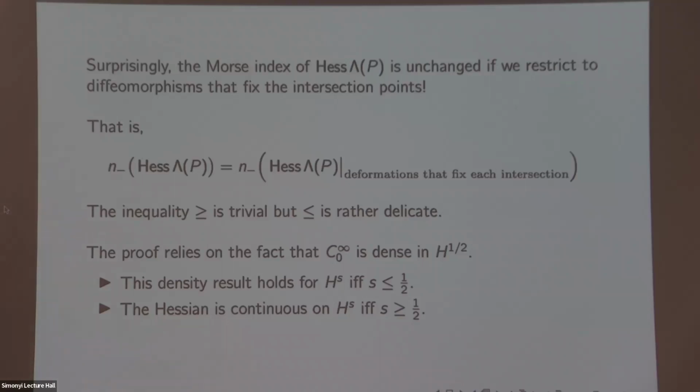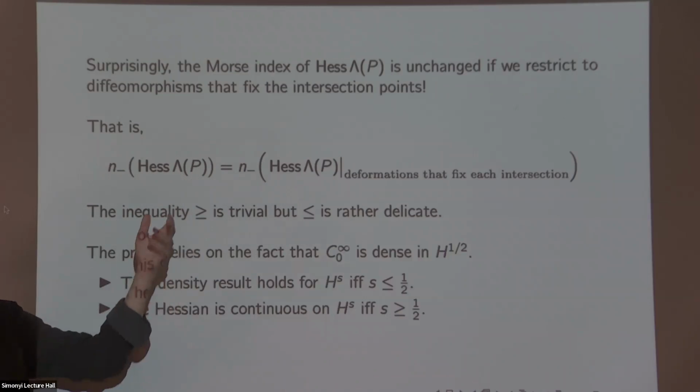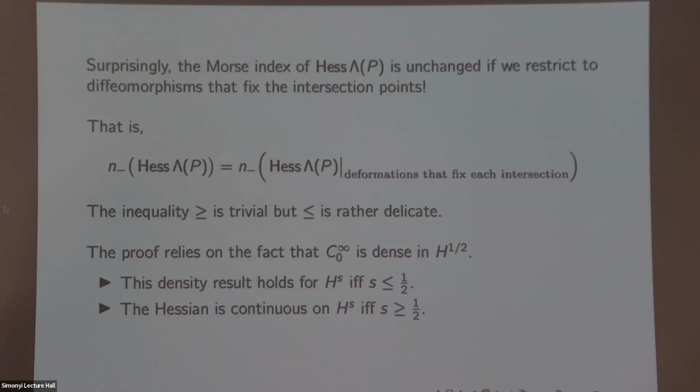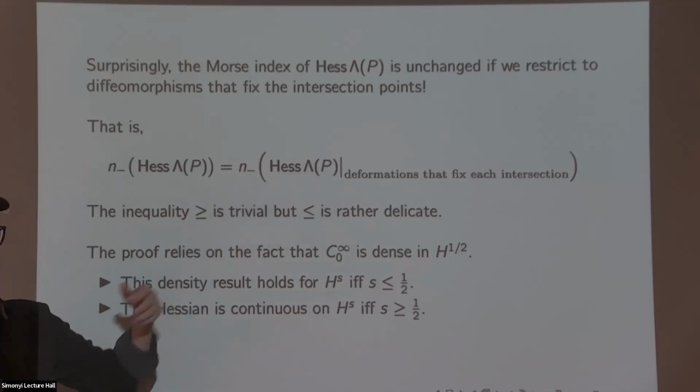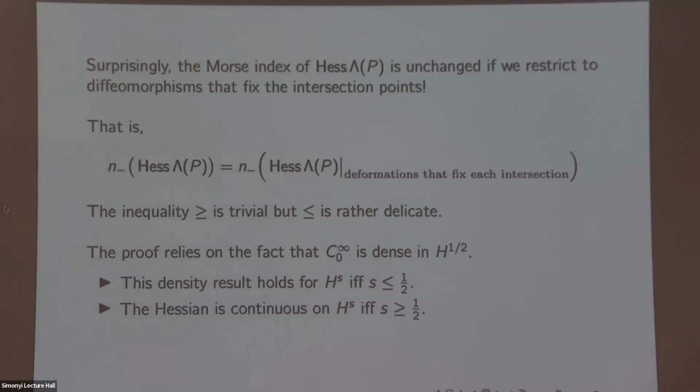Okay, so there's a trivial inequality here: the Hessian on the full space of deformations has at least as many negative directions as its restriction to any smaller subspace. We just get that for free. But you might expect that this is actually a strict inequality. By throwing away a lot of the deformations, maybe we're missing some negative directions, some of the deformations that decrease energy. The fact that we actually have equality here depends on this approximation argument, which relies crucially on the fact